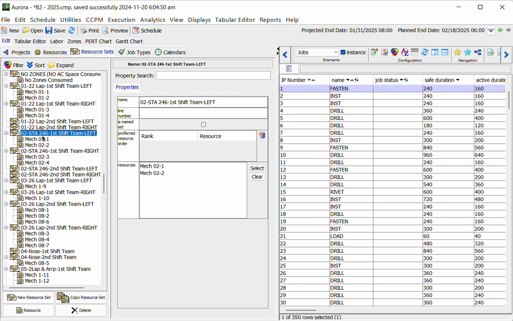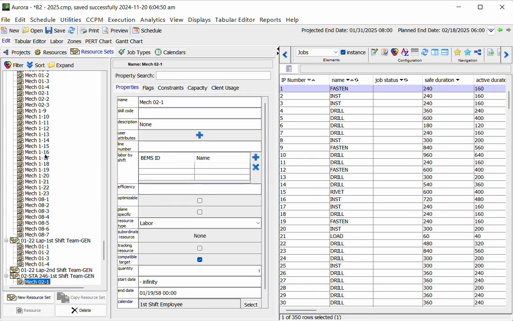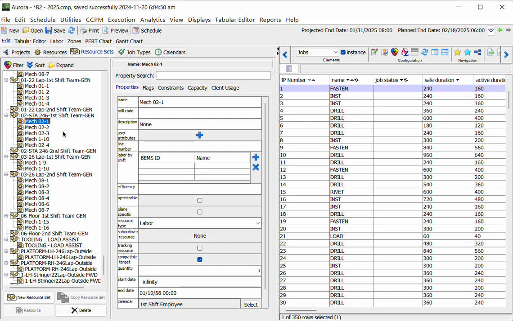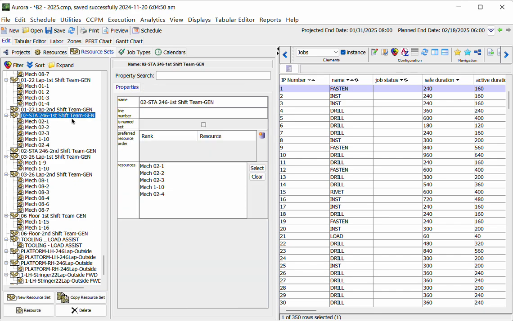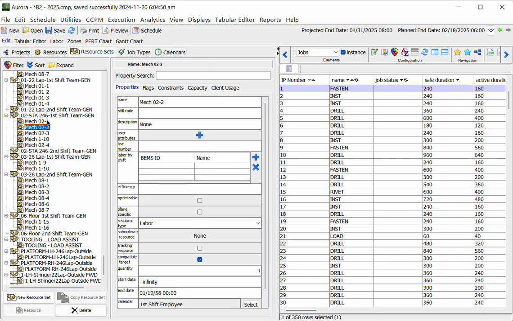So down here you can see that I have my different labor resources organized into teams. These teams for this particular model are considered to be interchangeable for a given piece of work. So if I need one of this particular team, any one of these people could do the work, and that